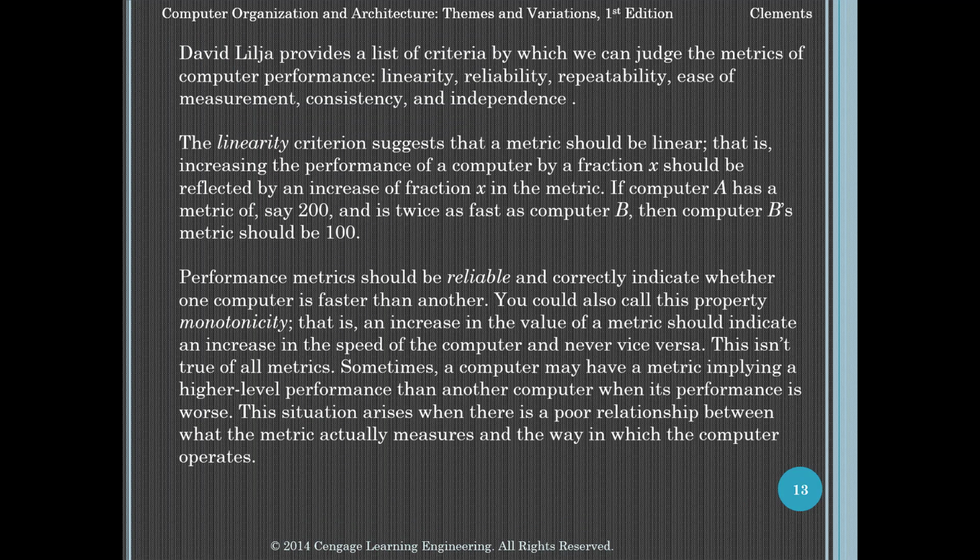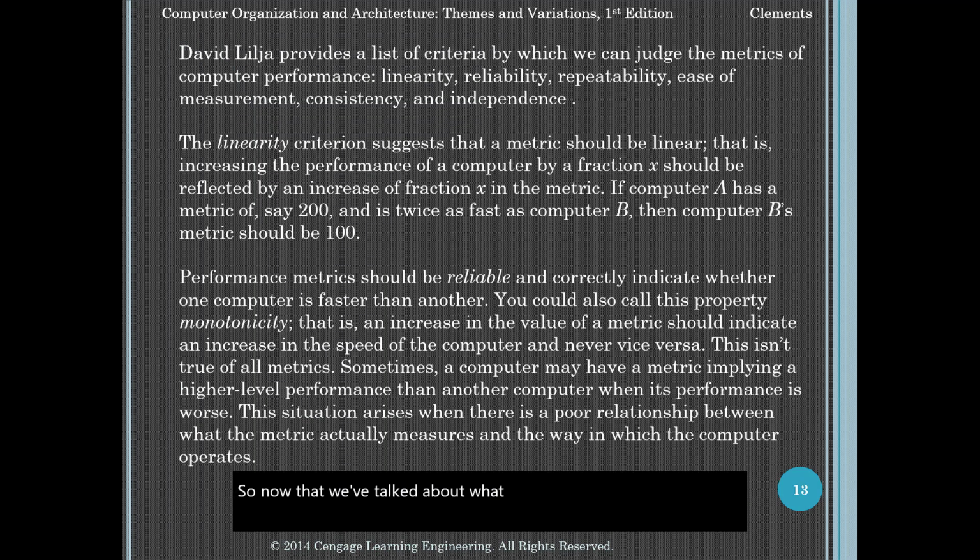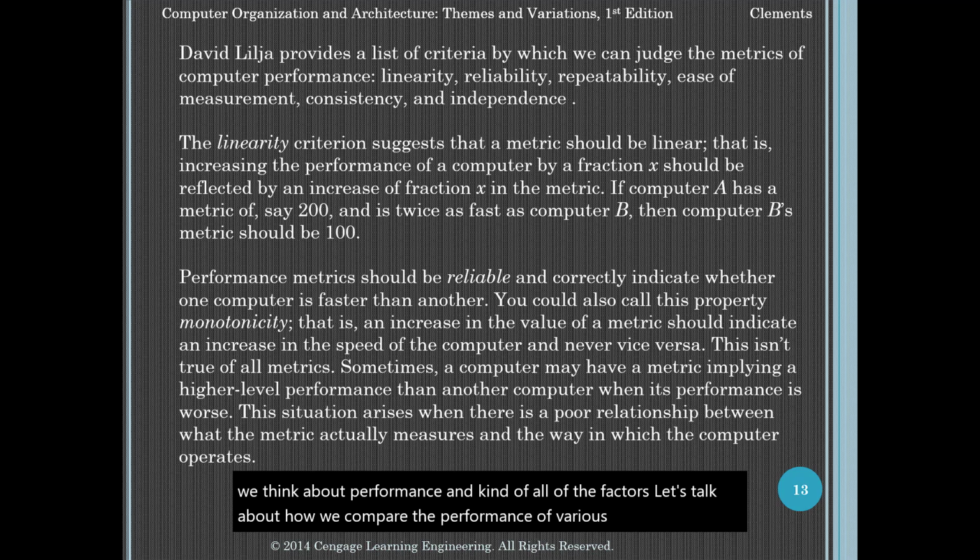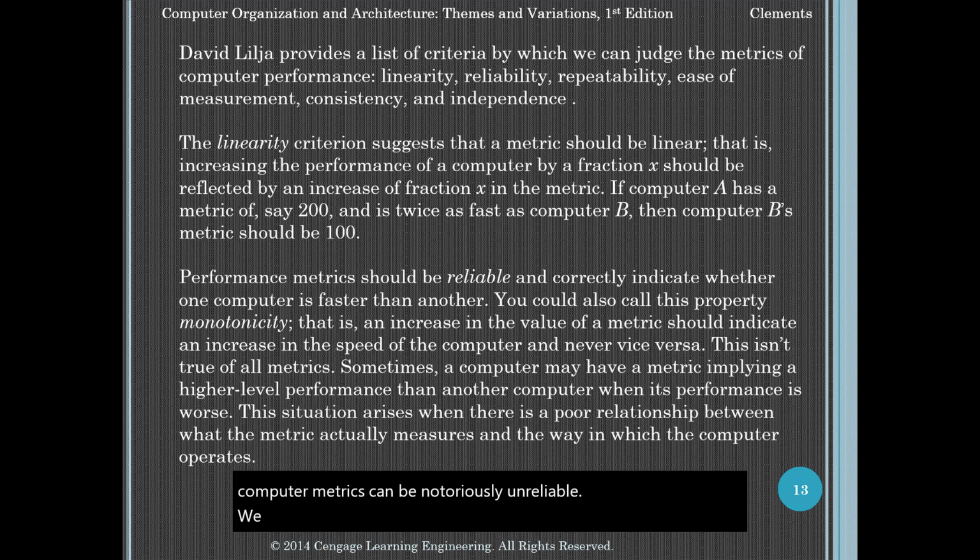So now that we've talked about what really is performance, and how we can think about performance and all of the factors, let's talk about how we compare the performance of various computers. And I'm going to state right here before we talk about this that computer metrics can be notoriously unreliable. We begin by introducing some new terminology of performance and then demonstrate why clock frequency alone is not a reliable